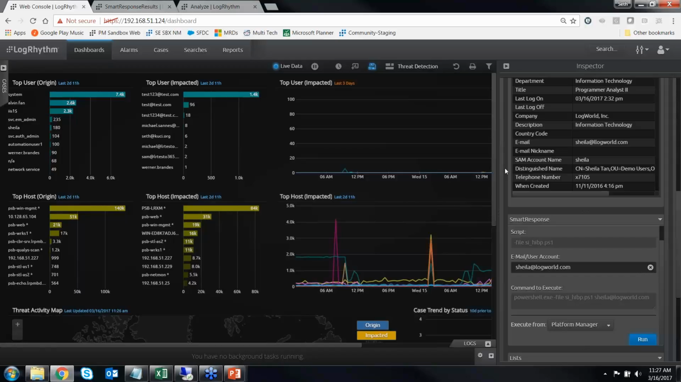Meaning they're looking at, did I see Sheila badge in that morning and then log in, or did I see a login without Sheila badging in? Because then I know that there's some sort of impropriety going on. So that kind of connection of physical security to network security, I personally find very interesting, and we have some